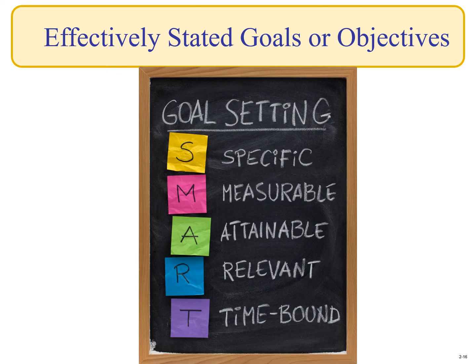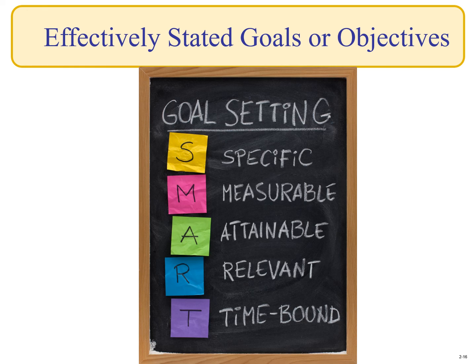Then it should be measurable. If you said you want to achieve 20% more profit, that really is measurable. You can measure that. If you say, I want to improve customer satisfaction, that's not measurable. You need to provide a number. I mean, that can be measurable if you're planning to collect data every time a customer comes in, and then you say, I want to improve the customer satisfaction. Okay, maybe that is measurable, but really you need to focus on the measurability of the goals.